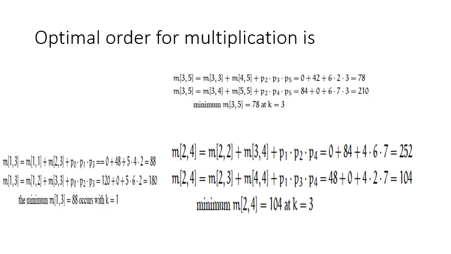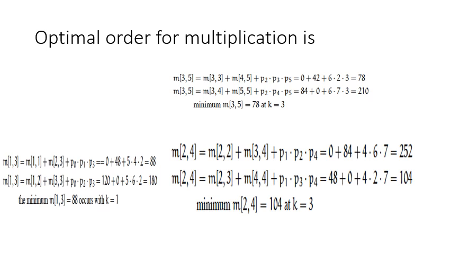Again it's split at 1. On the left side we are having a single matrix, and on the right side we are having two matrices a2 and a3. Again we check what is the optimal value of k for a2 to a3. This is a2 row 1 2 3, a2 3. The optimal value of k is 2, so we split at 2. On the left side of 2 there is a2, and on the right side there is a3. We will stop when we have a single matrix.